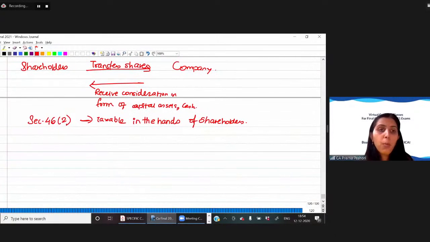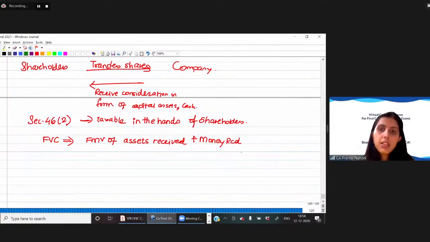So, full value of consideration will be FMV of assets received plus money received minus deemed dividend under section